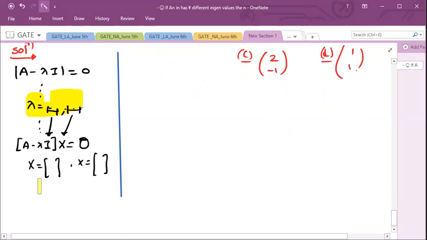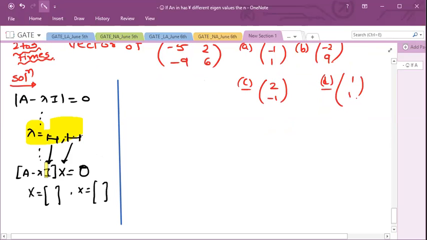Now you will form one equation in terms of (A minus lambda I) into x is equal to O. Right. Now this is your matrix. See over here, this is your homogeneous system of linear equations, A into x is equal to O. On the left hand side, in place of A, you are having A minus lambda I.